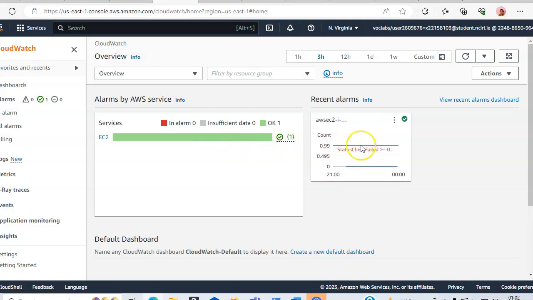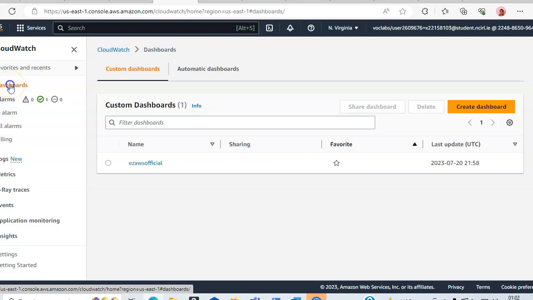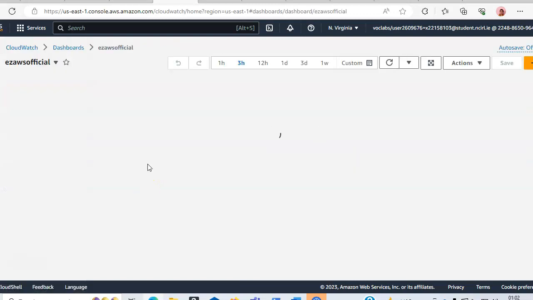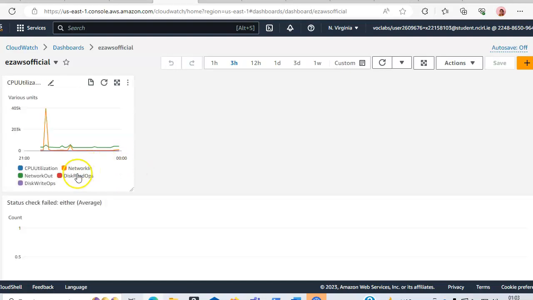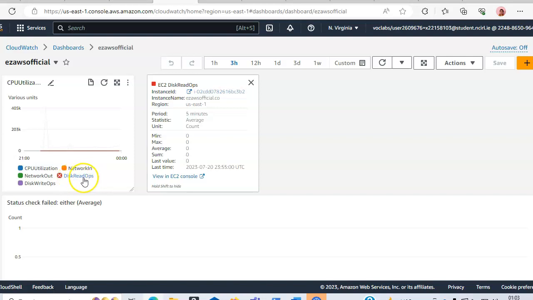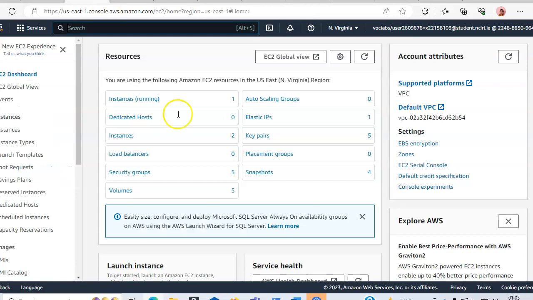Alarm, I set it for the status check if it's failed. Also, I created an alarm for multiple elements like CPU utilization, network in, network out, and disk read and disk write. So this is all I have created, and once I go back to my instance,